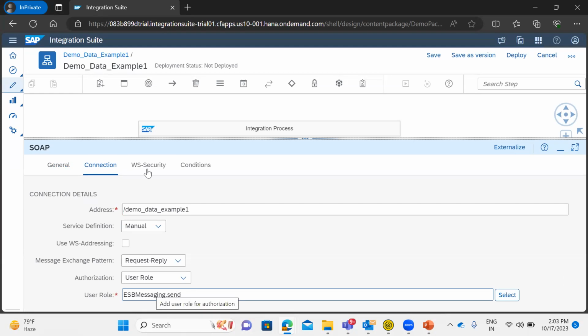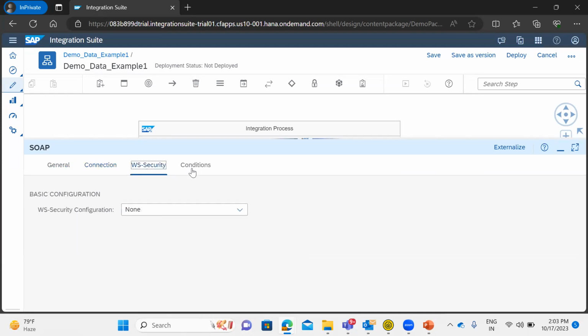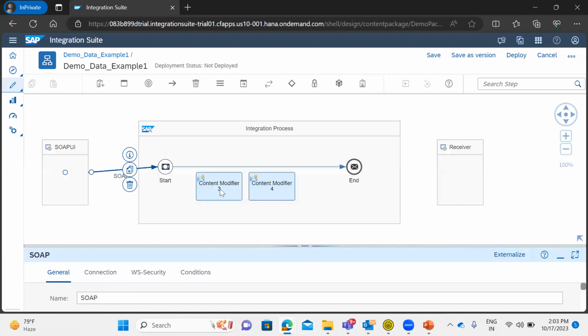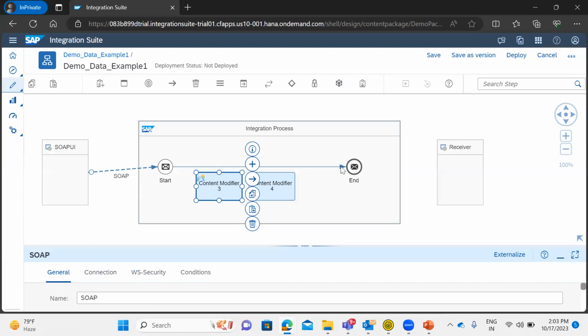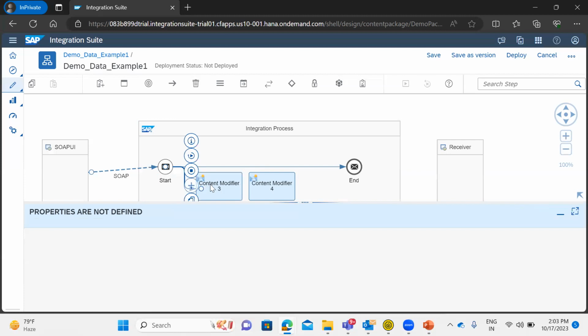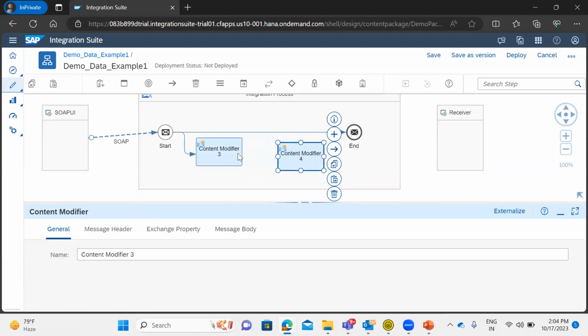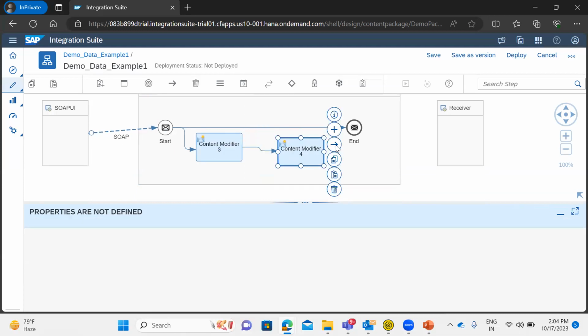Yes, message sent. Done. Condition for the sizes, that's fine. Now connection with this content modifier, the content modifier and to the